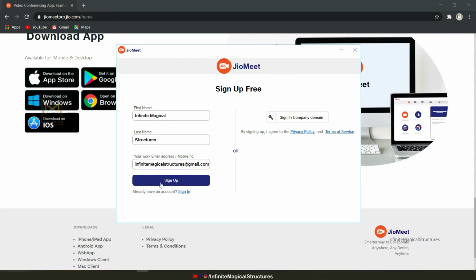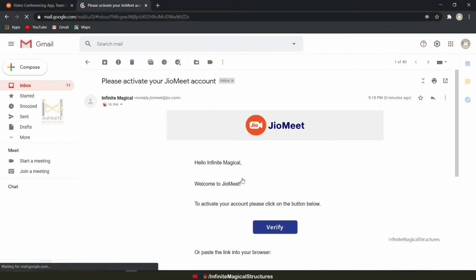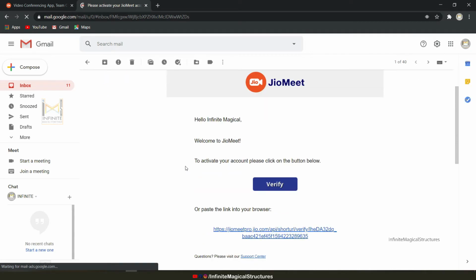You will be receiving an email from GeoMeet regarding the verification code. So open your Gmail, and there we have received an email. Hello Infinite Magical, welcome to GeoMeet. To activate your account, please click on the button below. Yes, I want to activate.